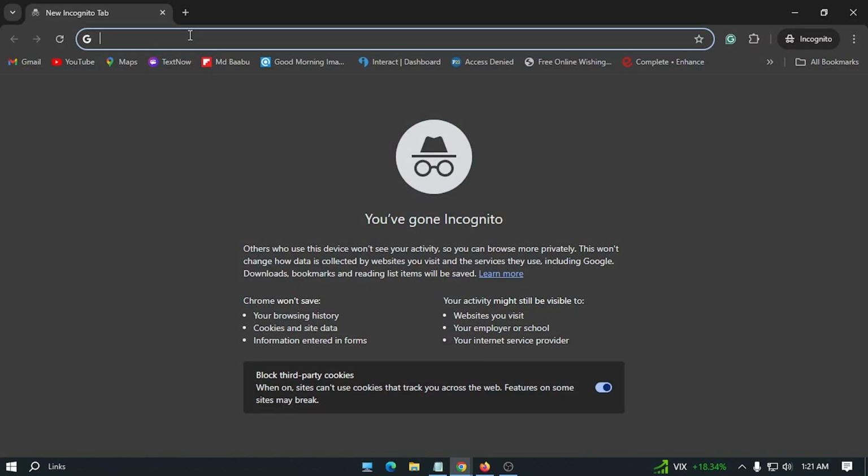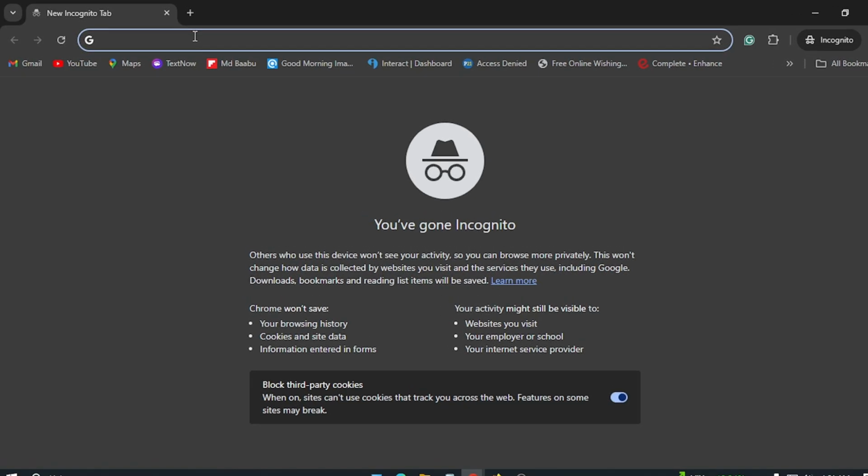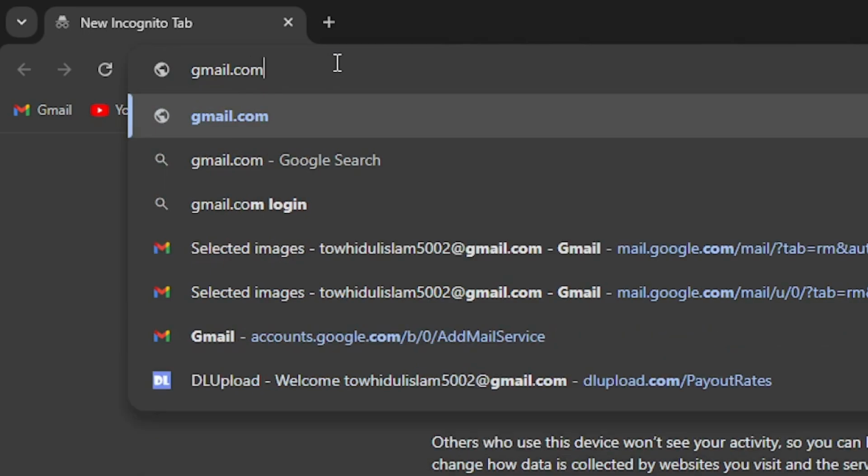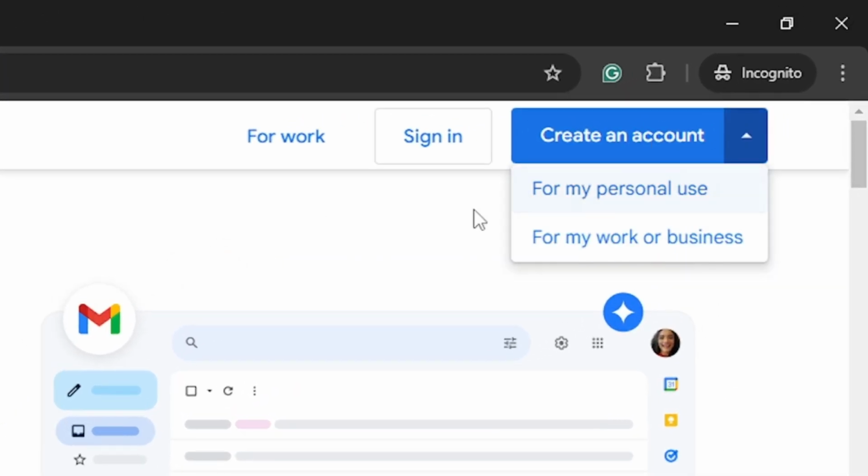To create a Gmail account on your desktop PC, first, open a browser. I used Google Chrome. You can use any browser. And go to the search bar, type gmail.com and hit enter. Once the web page is loaded, go to the right side of it and click on the Create an Account